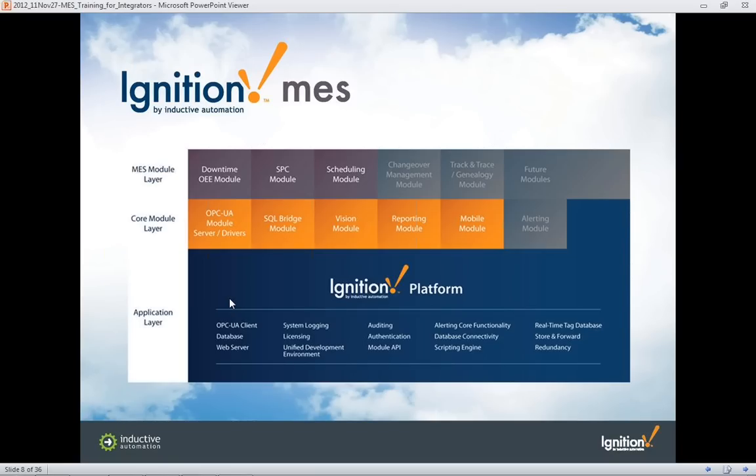A quick look at how this lays out in a diagrammatic form. Ignition MES modules are built upon a rock-solid Ignition platform. So you see it in this graphic here. You have the application layer, and then you've got the Ignition platform that allows you to support the application layer and, of course, go up to the core module layer of Ignition. And then on top of that, it's really the MES modules work seamlessly with each other to form a collaborative